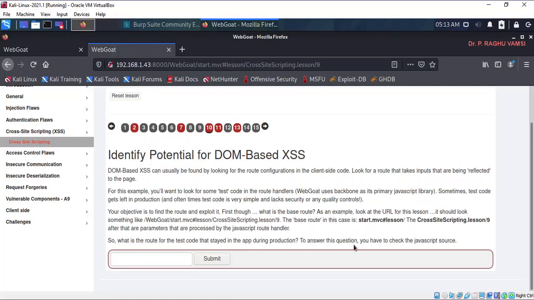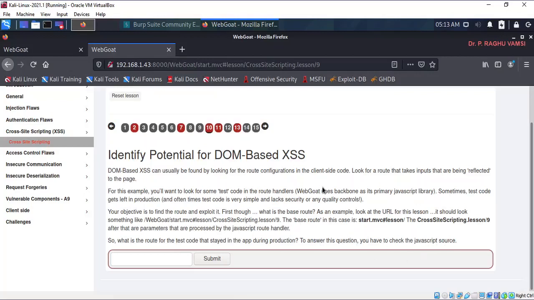To answer this question, you have to check the JavaScript code. Here a test code route should be there, so you need to identify how you are going to enter the test. For this, we need to observe the source code.